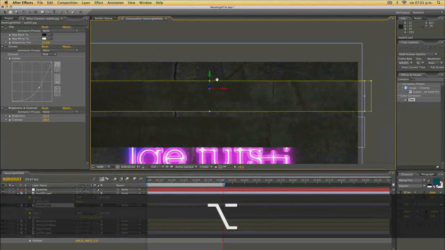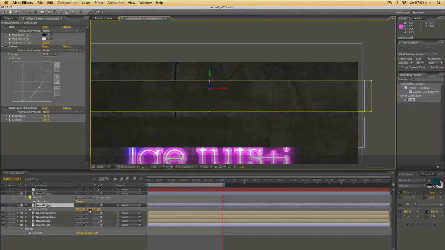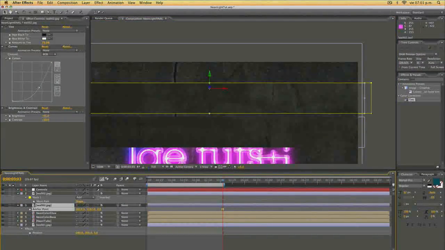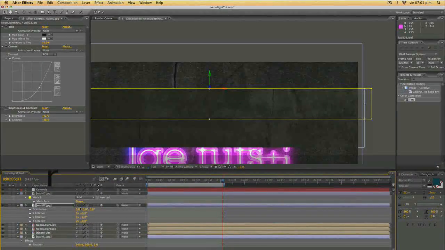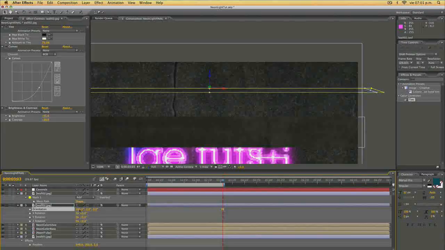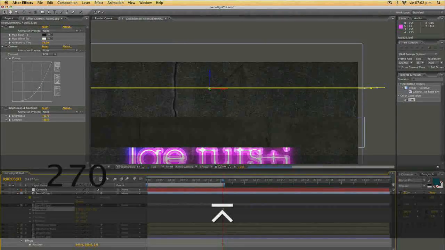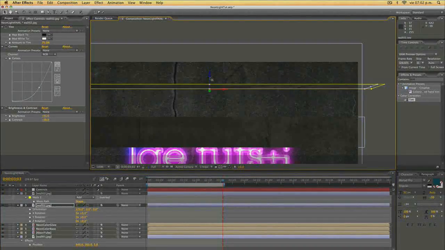Okay, I need the anchor point of this piece to be right here, so we can rotate it. So hit R and rotate it in X to 70. Okay, put it down,